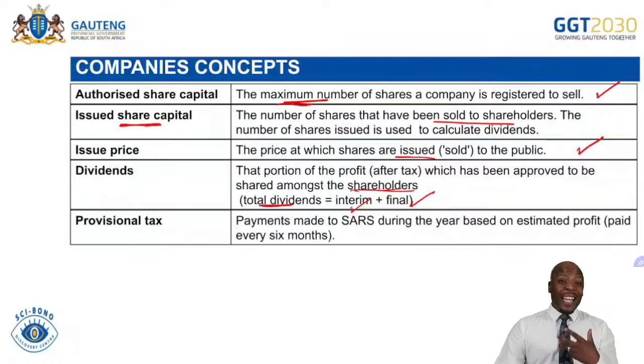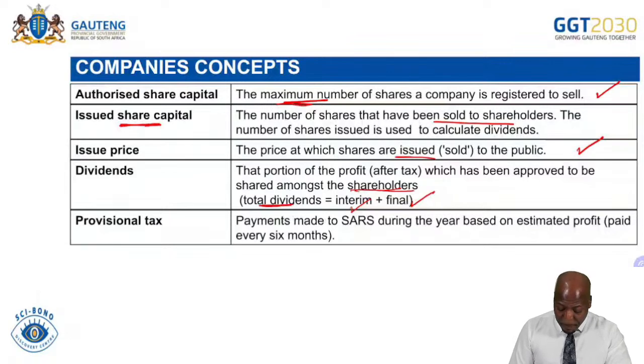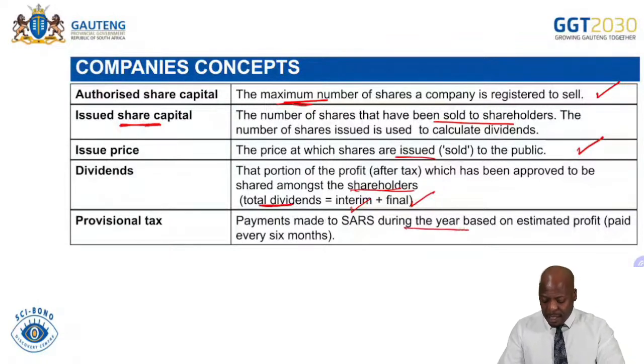So we do not wait until the end of the financial year for us to pay the tax. So when we are busy in operation during the financial year, we will pay what are known as provisional amounts. Provisional amounts. So these are payments made to SARS during the year based on estimated profits, and we can pay